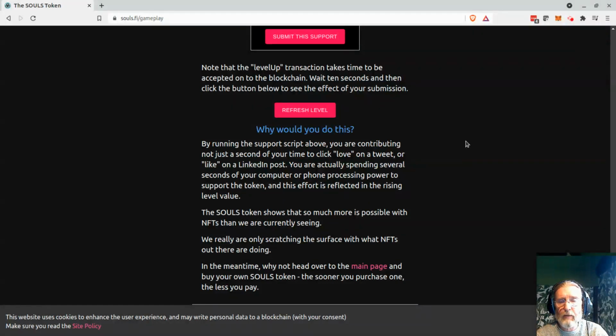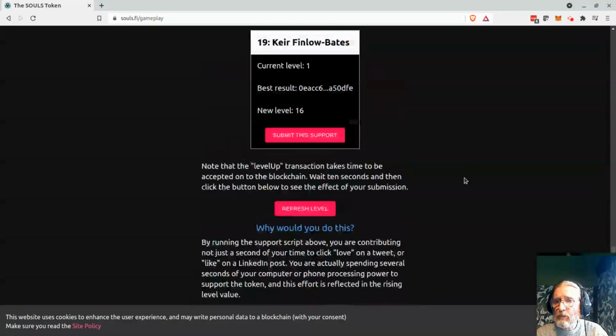The second thing we have is this pseudo-random number, the soul of the token, which gives each token a unique fingerprint that could be used for all sorts of applications. For example, the obvious one is games. And then the final one is this leveling up option, which gives you the opportunity of a community putting work in together to increase the perceived value of tokens. So that summarizes the whole thing.